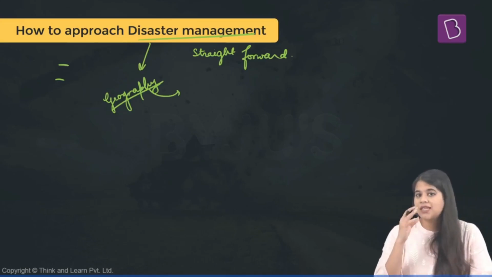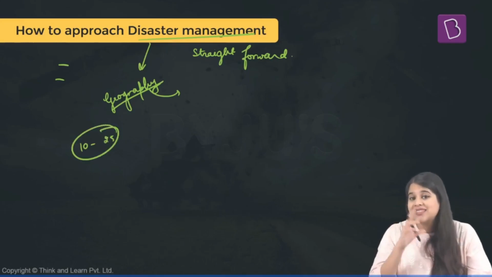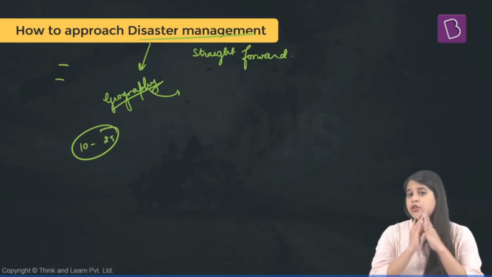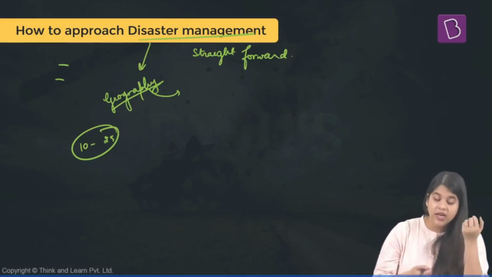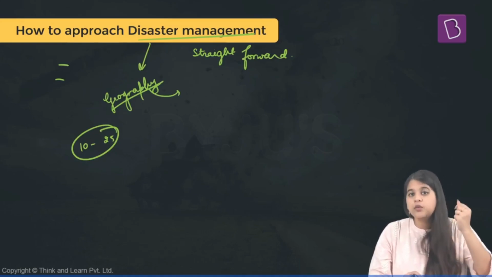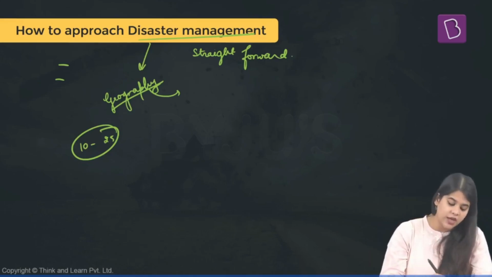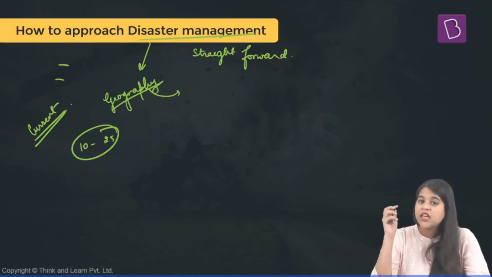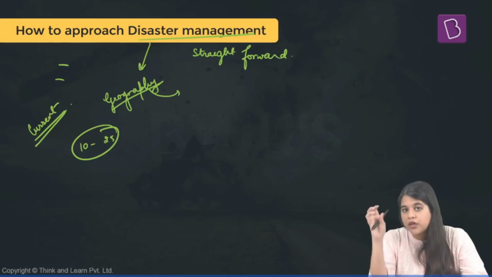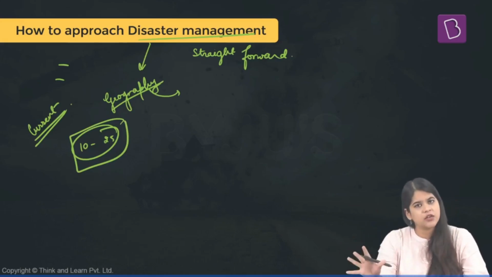Next, we have seen in the trends that you can get up to 25 marks of questions from this module. Because this module is very straightforward and simple to understand and write about, it becomes very important so that you can get those 25 marks very easily. The questions that will be asked will be very much related to current events. You can focus on those particular events, those particular disasters, to get very easy 10 to 25 marks.